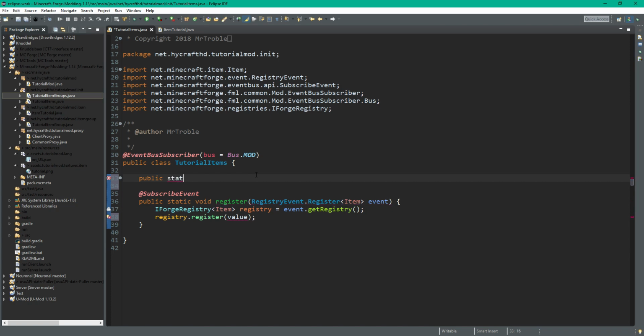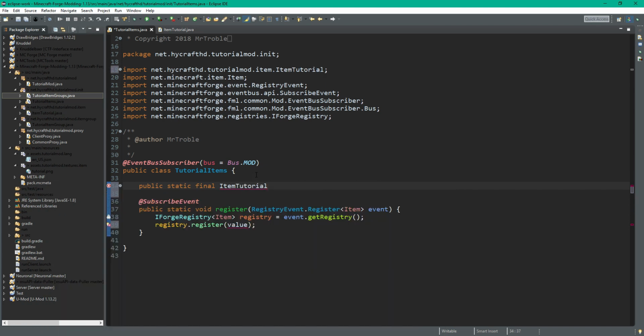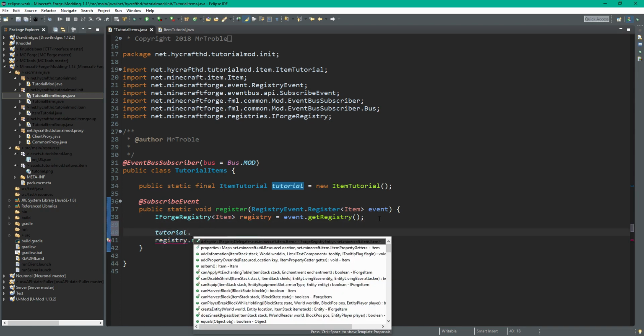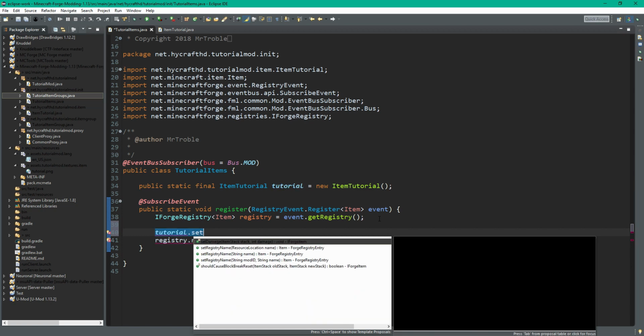So we need to make a new variable that holds our item, which is ItemTutorial. Type ItemTutorial, or just tutorial whatsoever. Tutorial equals new ItemTutorial. So that gives us a new instance of our tutorial item, and now we can just put it here, but as I said, we need to actually set the register name,